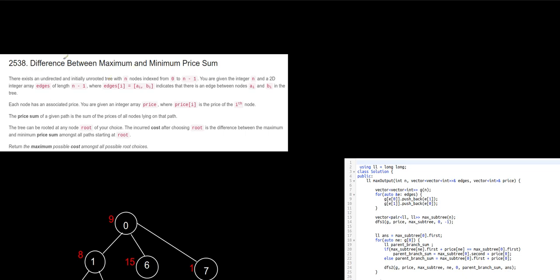Hi, this is the LeetCode question "Difference Between Maximum and Minimum Price Sum", and this is the last question of Weekly Contest 328. There exists an undirected and initially unrooted tree with n nodes indexed from 0 to n minus 1. You are given the integer n and a 2D integer array edges of length n minus 1, where edges[i] equals [ai, bi] indicates that there is an edge between nodes ai